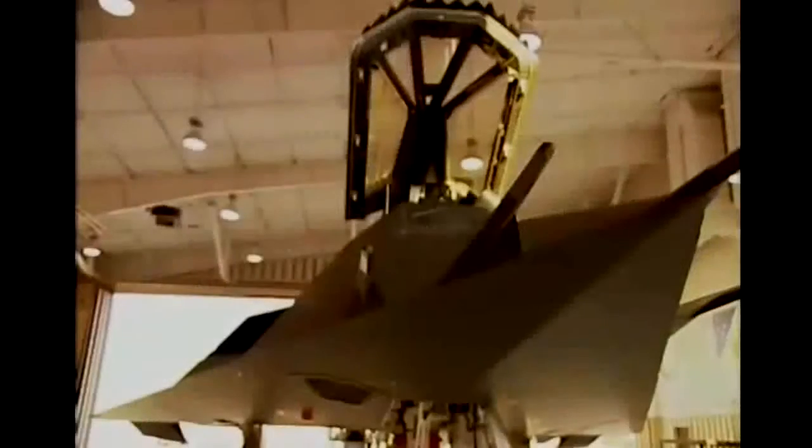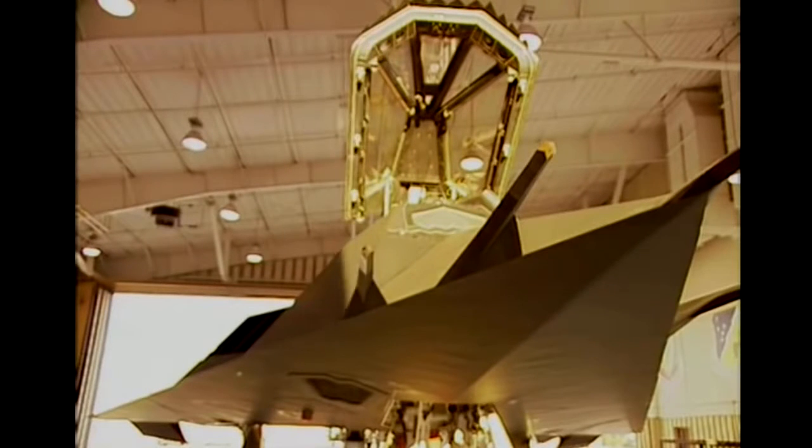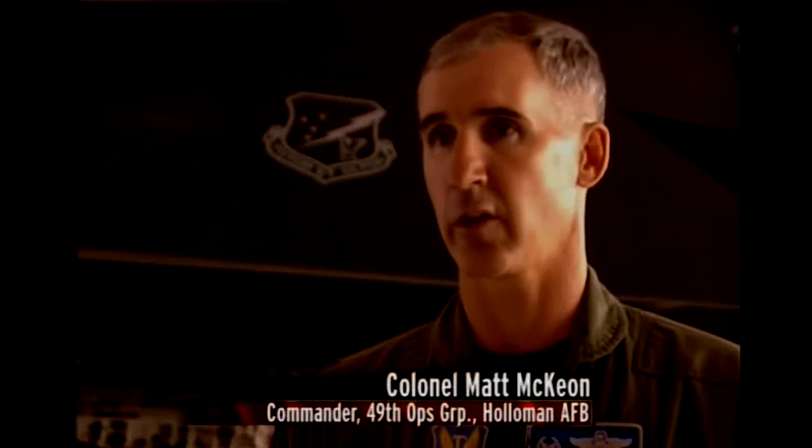12 years later, in Operation Iraqi Freedom, the F-117 once again ruled the skies. As far as what it was like to fly the stealth in Operation Iraqi Freedom, well, I'll be honest, I was a little bit nervous the first night. And so you rely on your training, and everything just kind of starts to flow, just like a normal type of sortie. That whole campaign, over 100 sorties and 500 or 600 hours of flying,